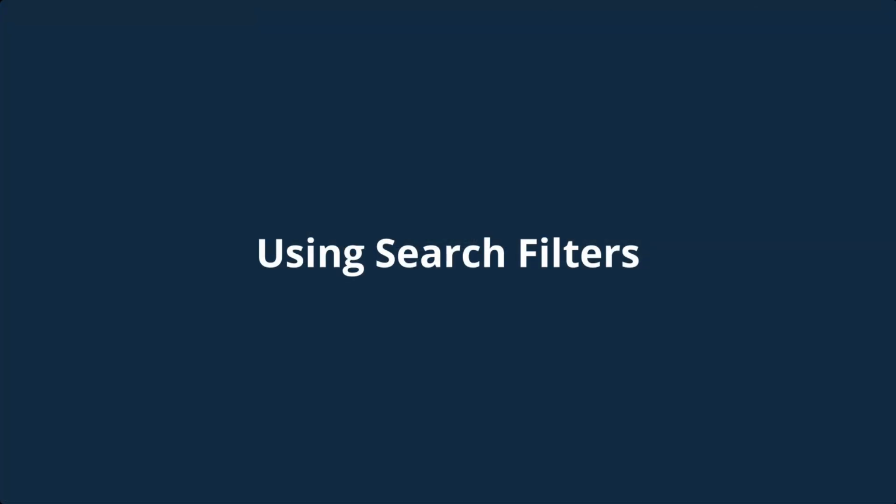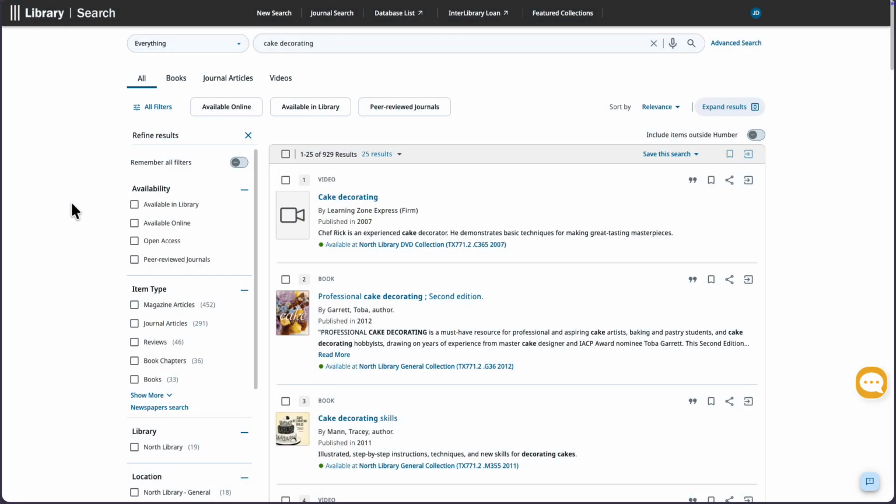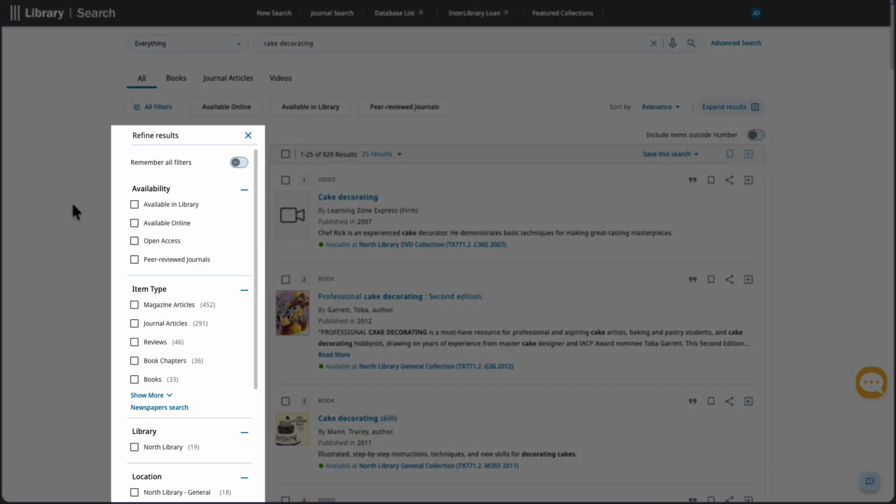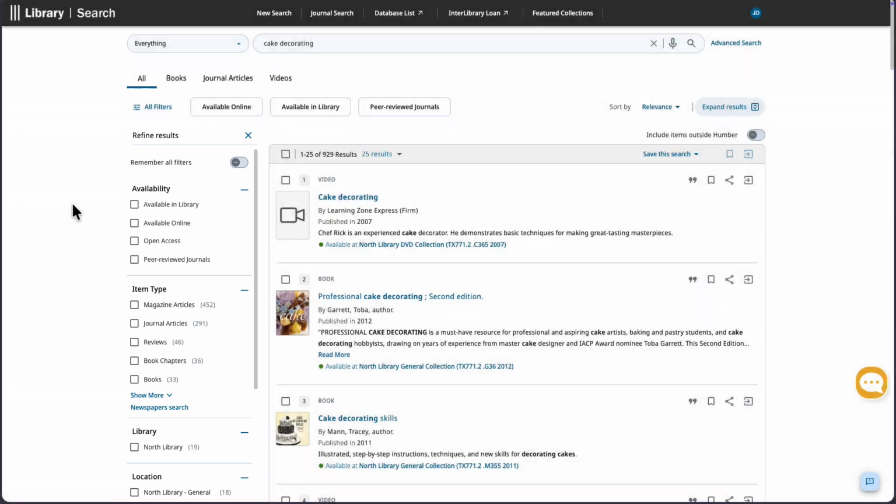Using search filters. The search filters offer an easy way to focus your search strategy and refine your search results. The filters are located in the left-hand column of the screen and are automatically applied to your search results when selected. For example, you can narrow your search to show only journal articles by selecting Journal Articles under the Item